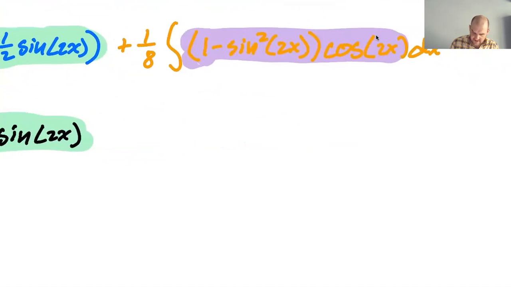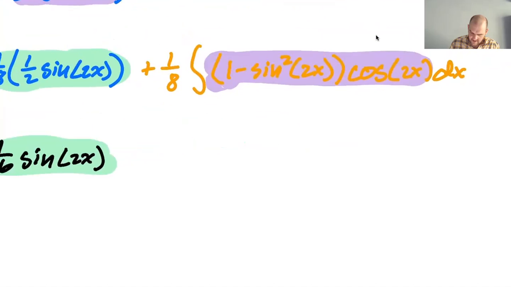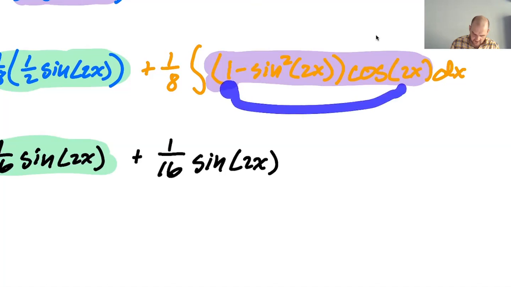And then this, we have to integrate again. So the integral of cosine of 2x is 1/2 sine of 2x. So there's going to be plus 1/16 sine of 2x. That's from distributing. I distributed this and integrated it, and then times 1/8. And then